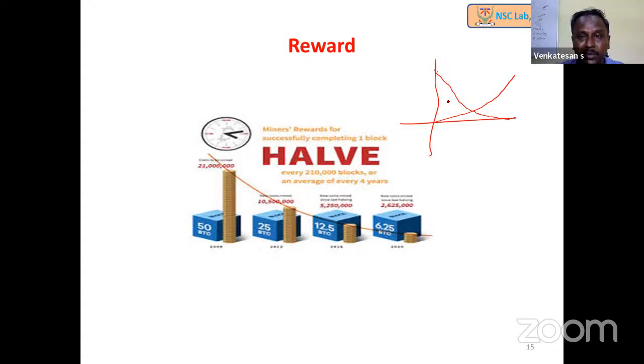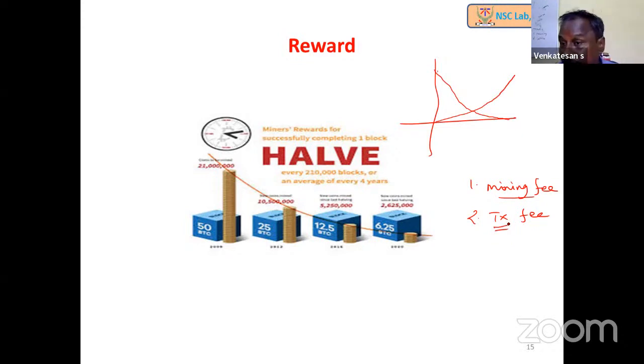So a person who is creating a block, that means taking a transaction, creating a block and distributing it to all the participating nodes, will be getting two fees. One is the mining fee, which is called the reward, that is for creating the block, and the next is the transaction fee. So the mining fee is fixed, and the transaction fee is based on how much we are giving for any transaction.